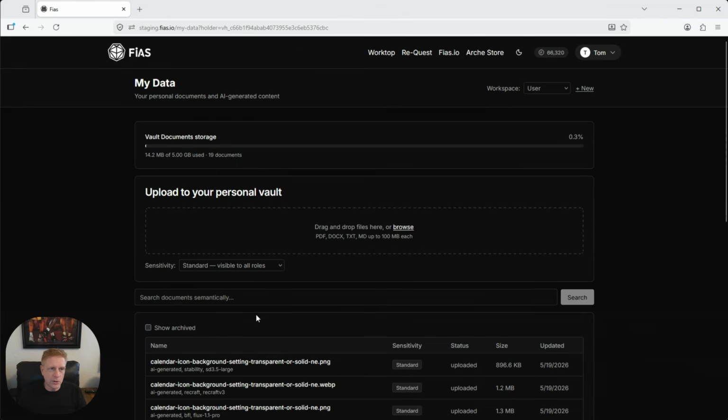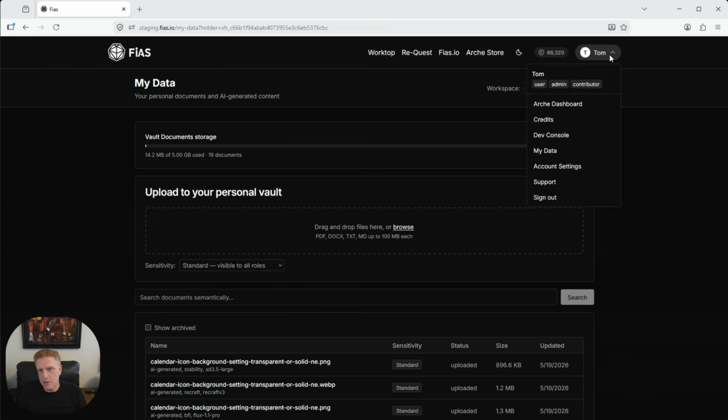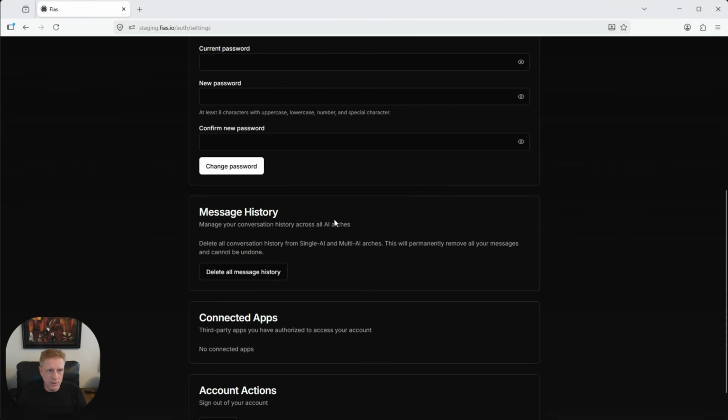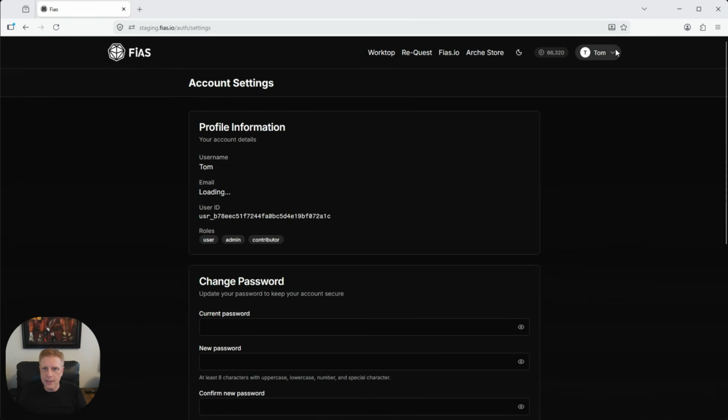We've got a very secure vault platform for managing all your data, and the data all interacts with the AI system as well. So you can use the AI to talk to your email application and send an email, or use the AI to coordinate with your files and add an attachment, or check your contacts and then set up a Zoom appointment, and then email everybody. So having access to all your data in this really secure way, and the way that the AI interacts safely with your data, is a really powerful concept. Kind of usual account settings: change your password, delete all your message history, things like that.